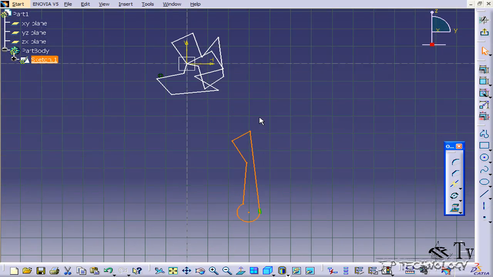Again, like I said, this is a great tool when you already have a sketch you like, but you need to just shift it or rotate it a little bit rather than going back and doing the whole sketch over with, say, a 5-degree shift. All you have to do is rotate using the 5-degree shift, and your whole sketch will rotate. And that concludes our tutorial on how to use the rotate sketch feature within CATIA V5.